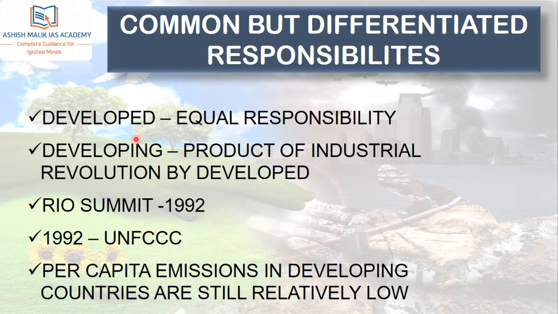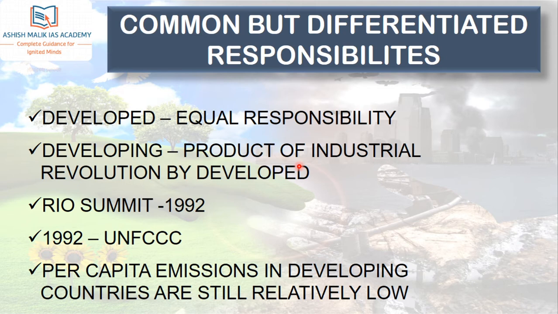But as opposed to this view, developing countries gave their argument that the environmental or ecological degradation in the world which we are facing today is the product of the industrial revolution which was undertaken by developed countries. So developing countries blame developed countries for the present greenhouse gas emissions or the level to which the emission has taken place. So they argue that it is because of the developed countries and they should have more responsibility,